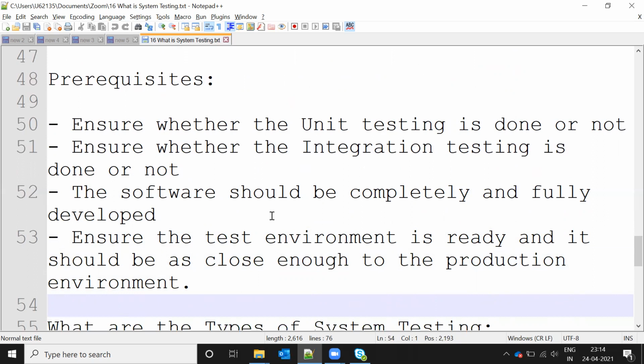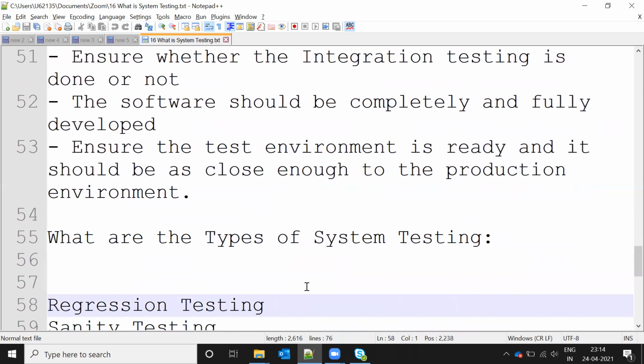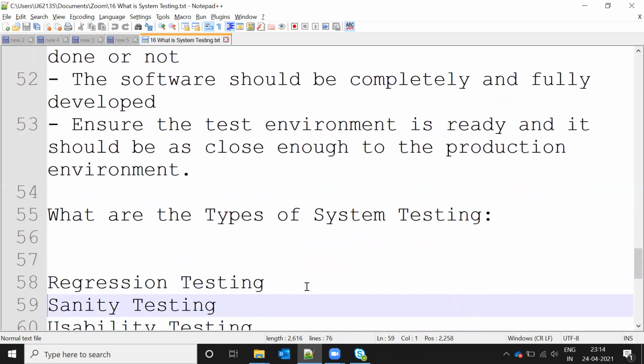The software should be completely and fully developed, as per the requirements, and only then can we start. Also ensure that the test environment is ready and is close enough to the production environment.